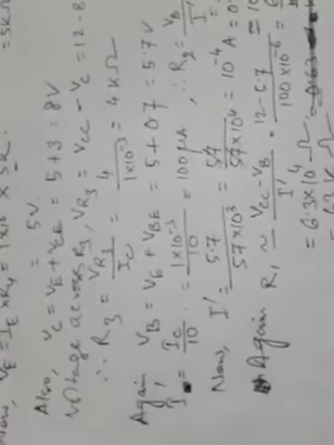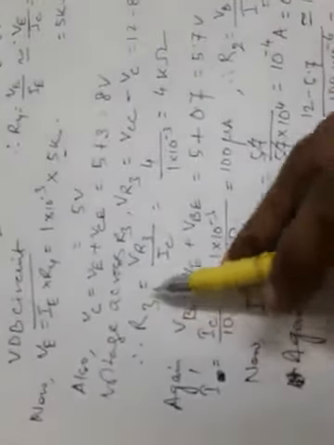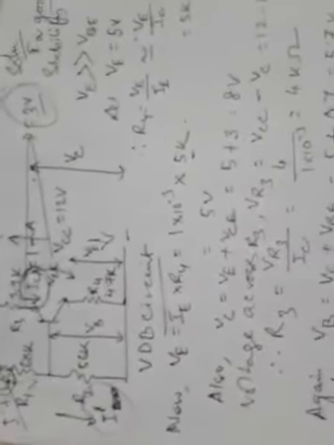So this is how we can design, find the values of R1, R2, R3, R4, and in this way we can design this circuit. So now this circuit is complete, since we have found all the bias resistances for this circuit, R1, R2, R3 and R4. So this is the way of designing a voltage divider bias circuit. Okay.